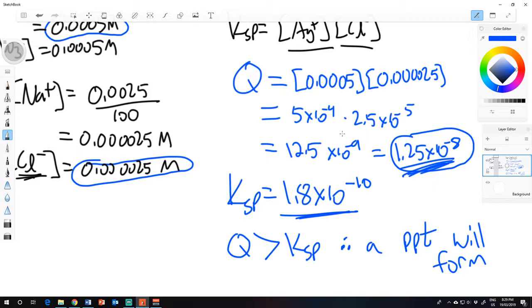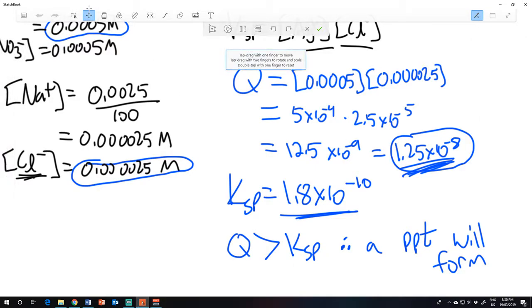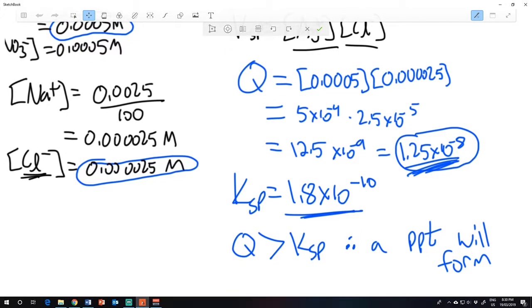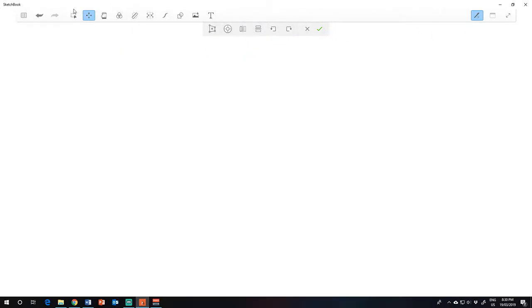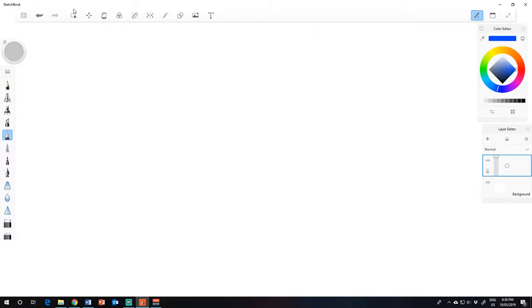So quite a lot of calculations for this question, because one, we had to calculate the concentration of the ions present, and then we had to calculate the trial ion product. Now pay attention to the technique I use to calculate the ion concentrations, because that is very handy when you want to calculate the ion concentrations of a mixture such as